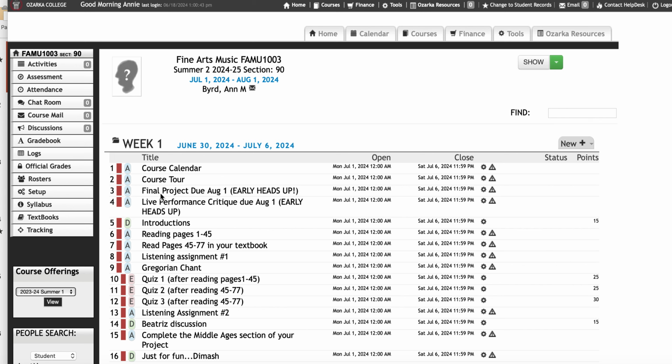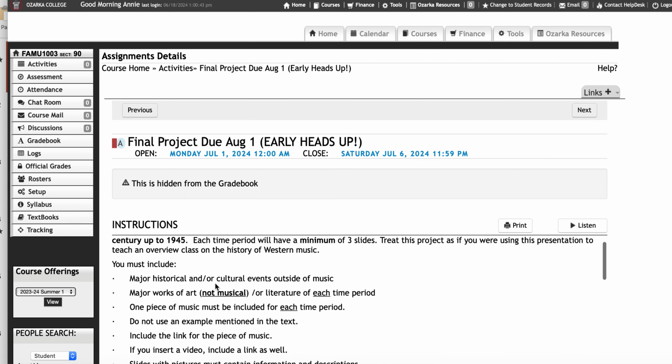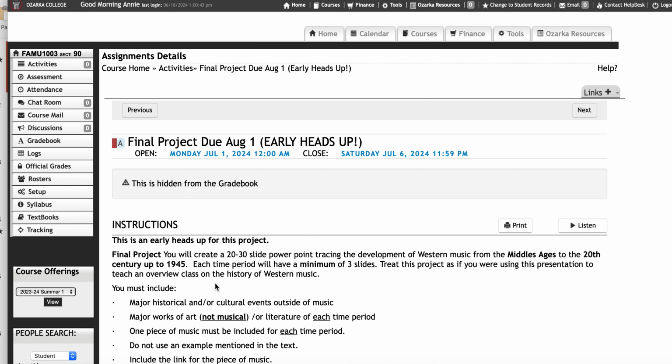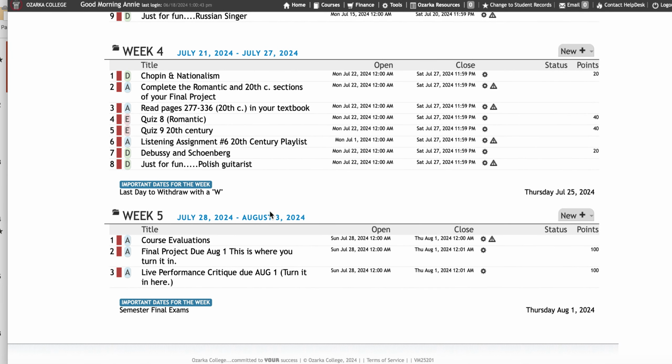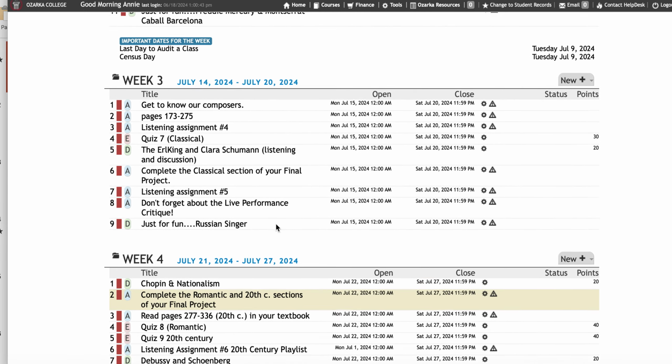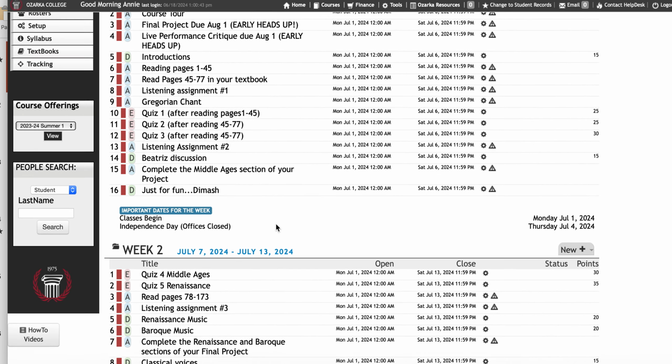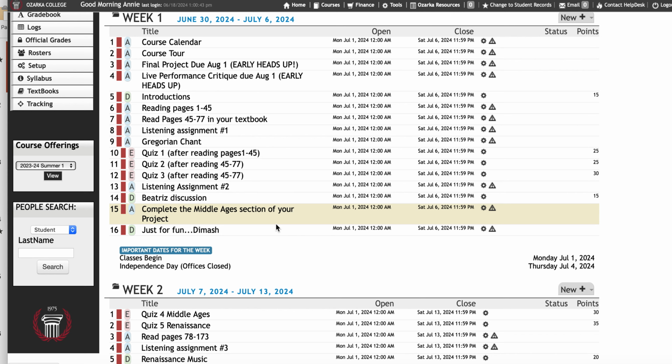So right here, in week one, there's nothing to turn in. This is just simply an early heads up, like, hey, this is coming. This is something you need to be thinking about. But where it's actually due is in week 5. Now, for the final project, let me just draw your attention to these little assignments